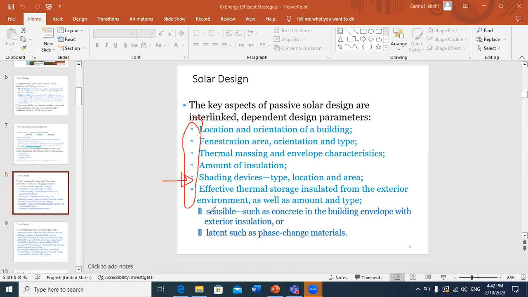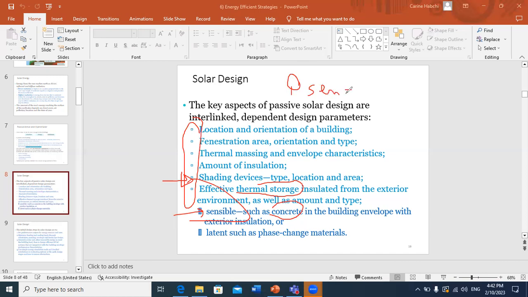For example, I already discussed with you thermal storage using latent heat, but you can also use the concept of sensible heat because, for example, when you use concrete in the building envelope with exterior insulation, concrete is characterized by a high capacity of storing heat. So it can store heat in sensible form. So whenever the specific heat of a certain material is large, even if you heat by sensible heat, its temperature will not vary a lot because you know that